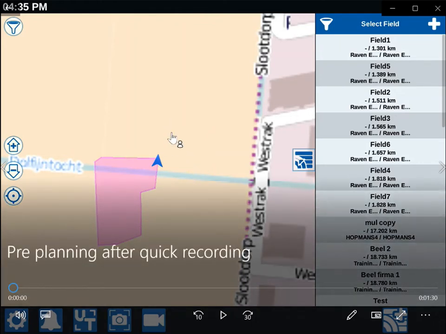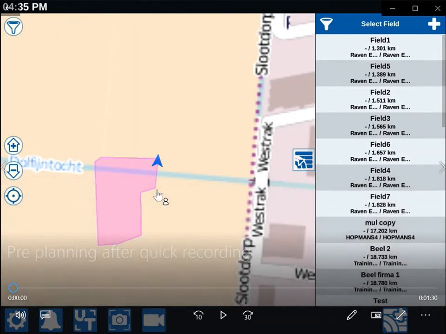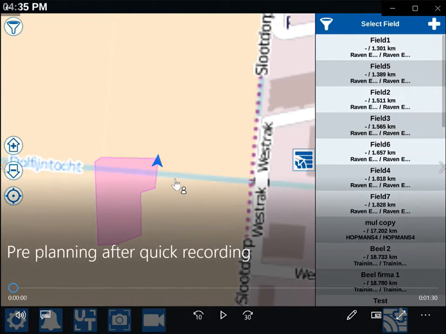So today we will use a Raven CR12 field computer to do the pre-planning on a field boundary. So several possibilities. We can have recorded the field boundary inside the CR12 by simply driving around the field, or we can have imported field boundaries from any portal, doesn't matter. But once you've imported them, you need to go over the pre-planning one time to tell the system or to